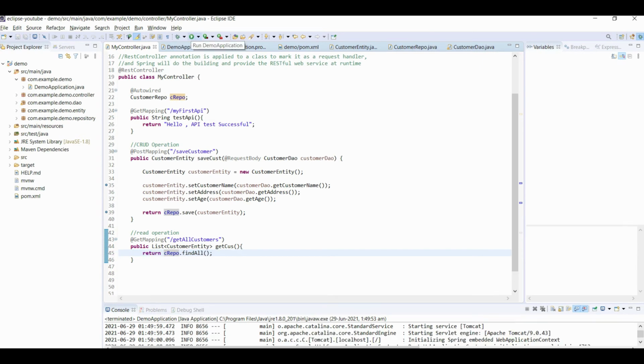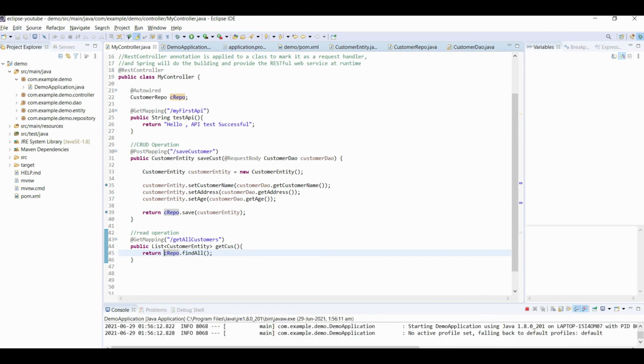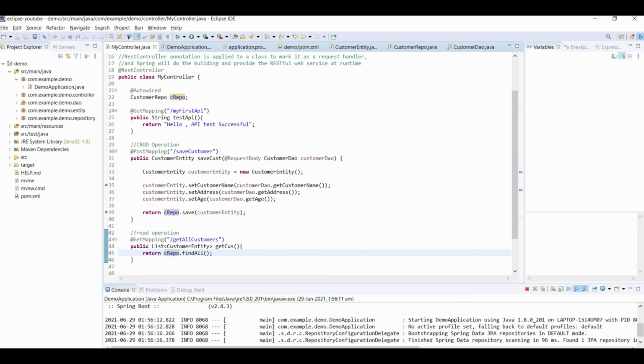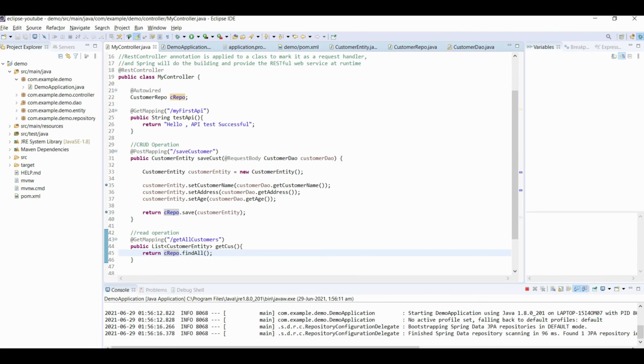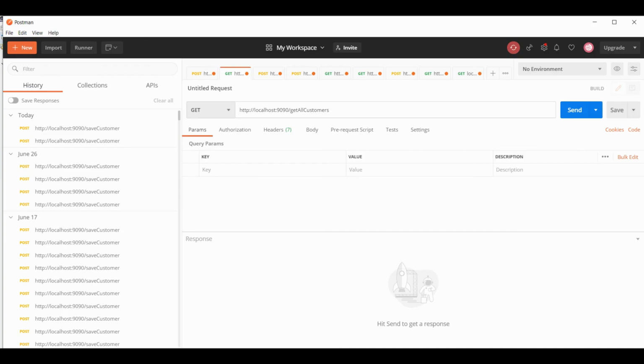Let us rerun our project, my dear friends. We can see that our project is running. Now I'll copy this API so that it is easy for us to call it in Postman. This is my actual API, and I'll hit it and see whether we are getting a response or not.